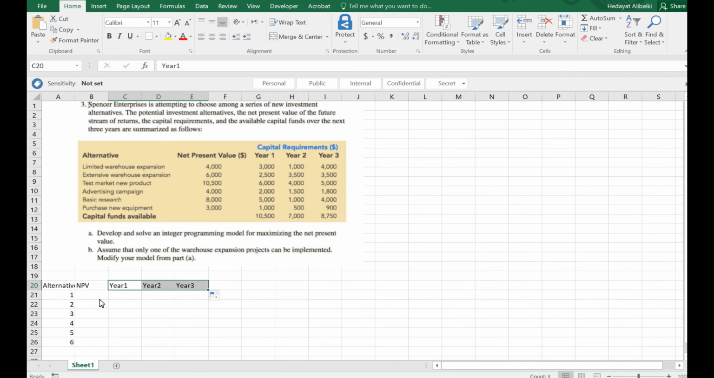NPV is going to be 4,000, 6,000, 10,500, 4,000, 8,000, 3,000, 3,000, 25, 6,